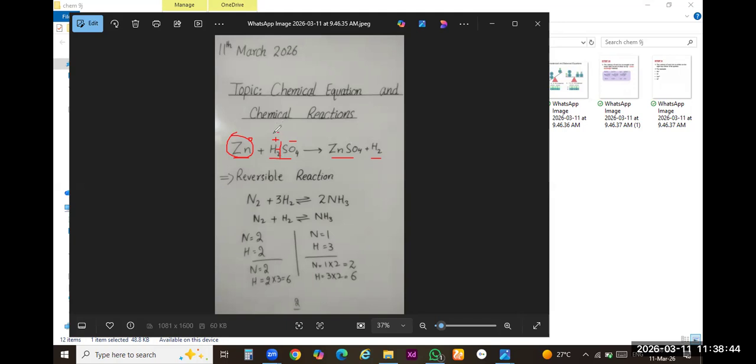So this bond will break. As you know that the chemical formula of hydrogen gas is H2. Hydrogen gas will separate out and the new bond will form in between zinc and sulfate ion, ZnSO4, because zinc carries positive charge and sulfate carries negative charge. The valency of zinc is positive 2, the valency of sulfate ion is negative 2. So no need to write their valencies, they are offset. So the new chemical formula is zinc sulfate and hydrogen gas will separate out as it is.